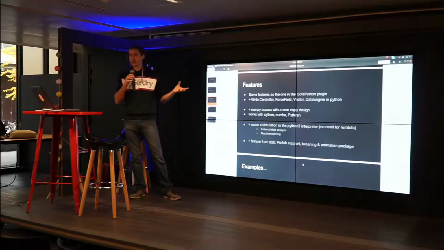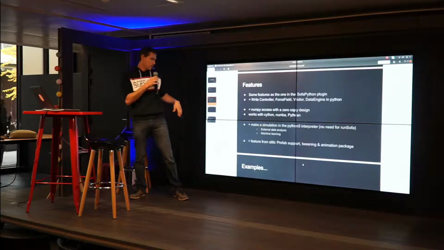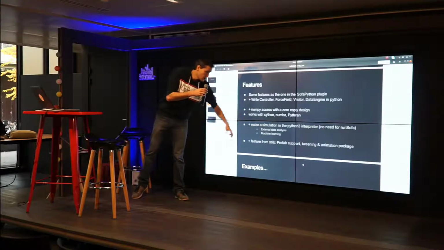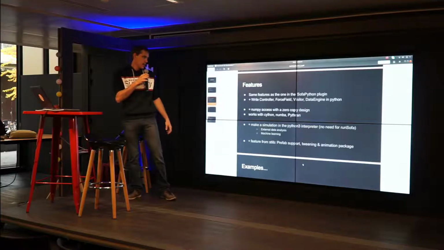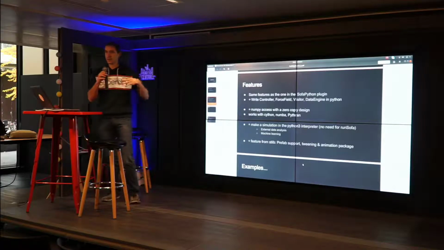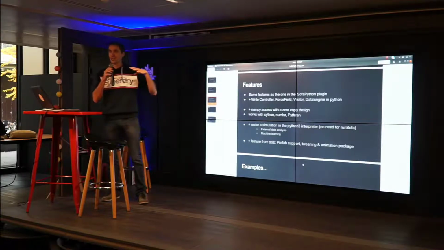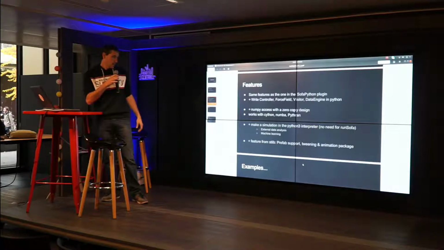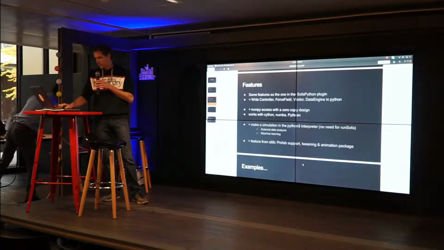As it's a completely standard Python3 interpreter, you can also plug Sofa into any kind of other framework you want. For example, we have usage in terms of data analysis, and we are also using this for a machine learning process where we use the simulation to generate the dataset for the learning process. And we also have added some feature in one of our leads, which is called STD.